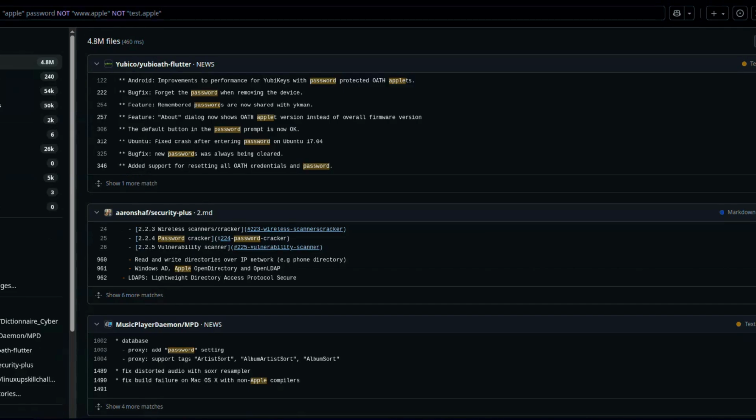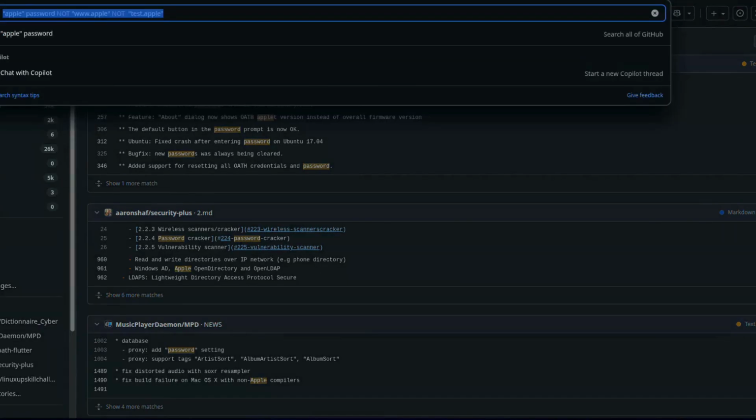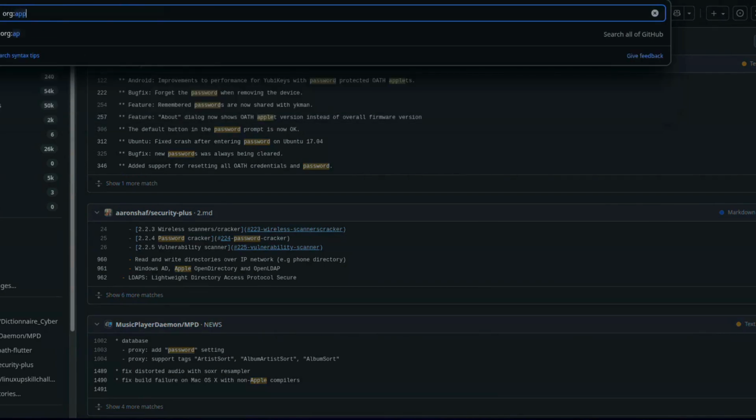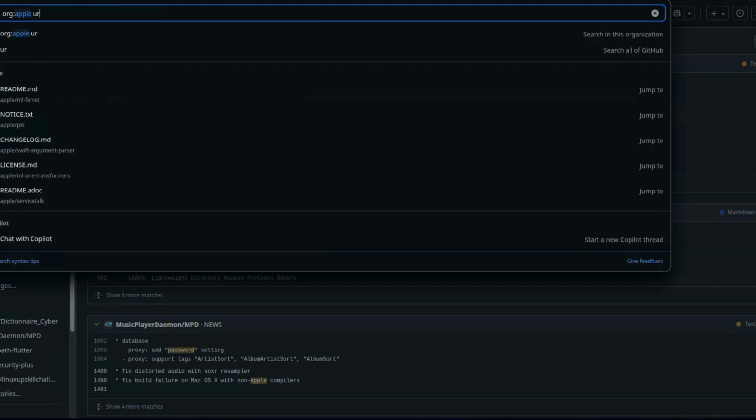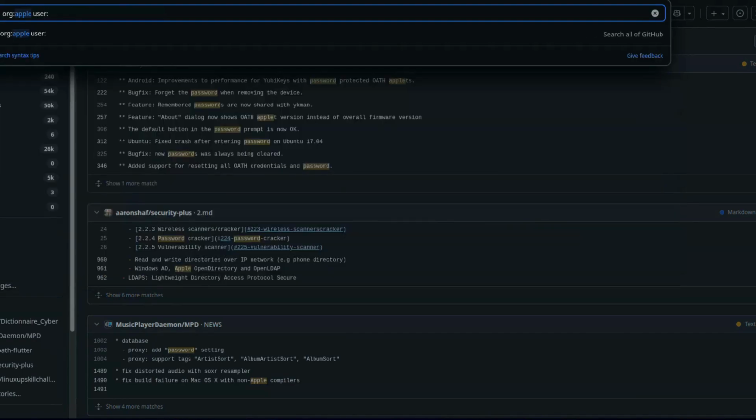So you can use like org, the filter, that is org apple, and to limit results to repositories that are owned by the organization.